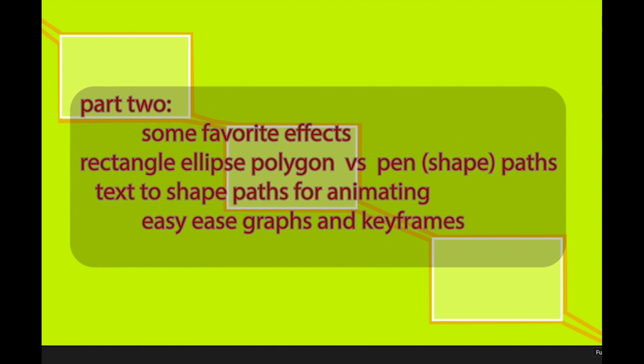I'm going to cover some effects and look at paths of rectangles or pen shapes. We're going to convert text to shape paths for animating, which is interesting. And lastly, I'll touch on the easy ease graphs and keyframes. There's several types of keyframes to use, and each of those do a particular job. Anyway, we'll first look at